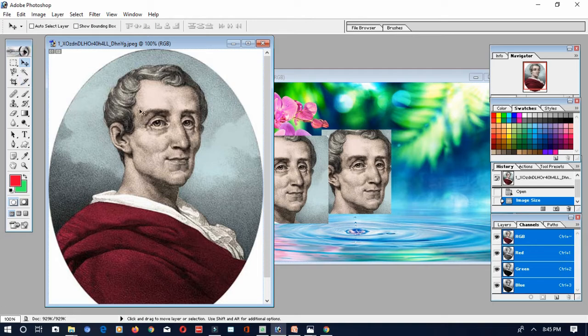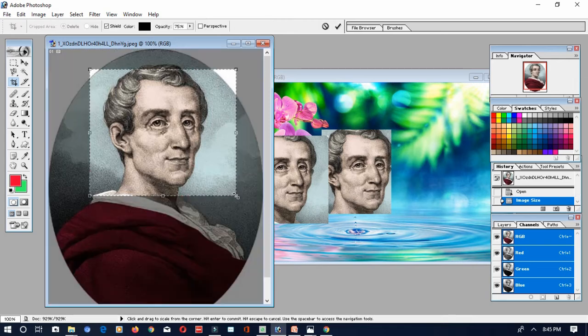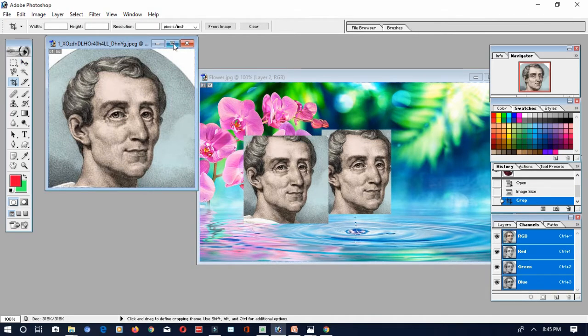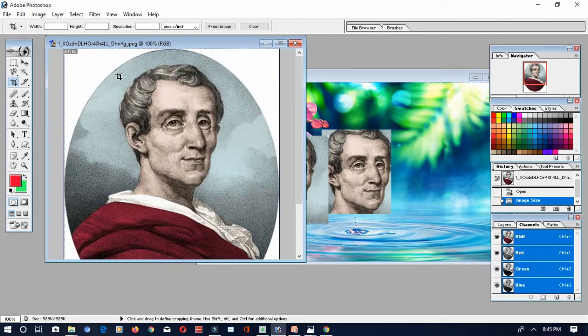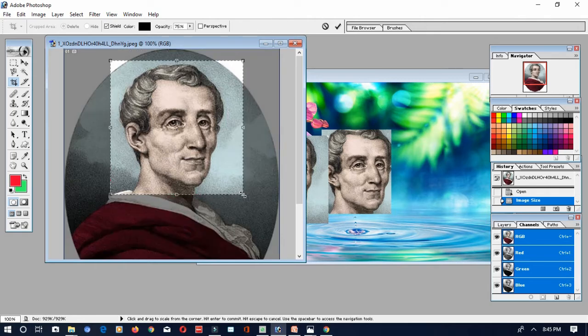For example, I want only the face of this person to remain. So I have to click on this crop tool. It works like the rectangular marquee tool. If you want to extend the selection, you can extend it. Can you see the arrow here? If I want to take only this face, press Enter. Only that portion will be selected and cropped. So use the crop tool, select the particular portion and press the Enter key. This way we can crop the image.